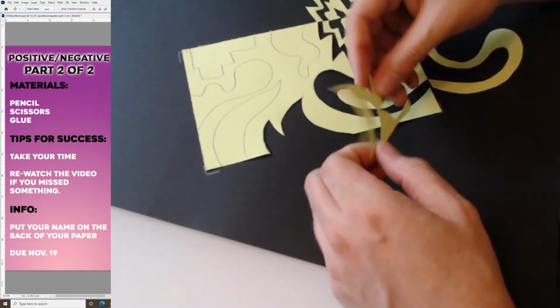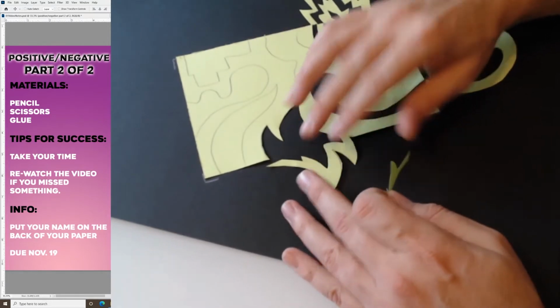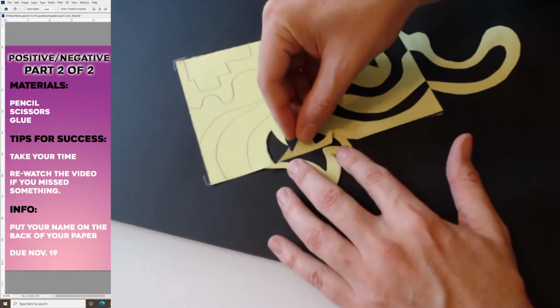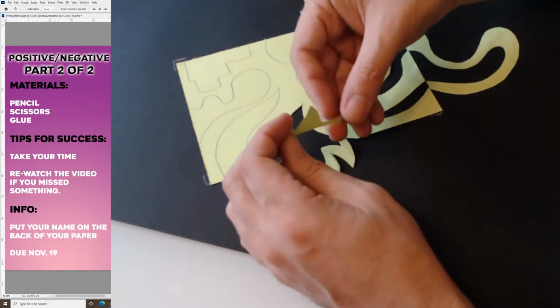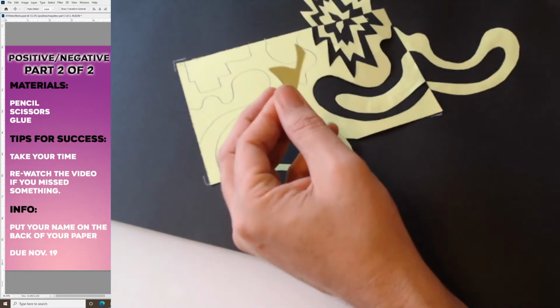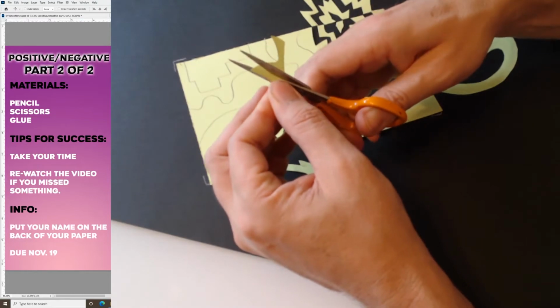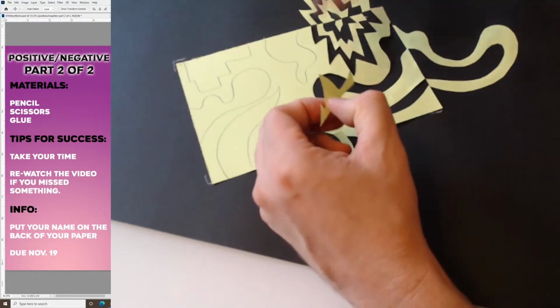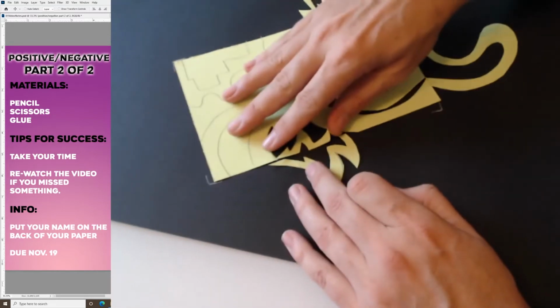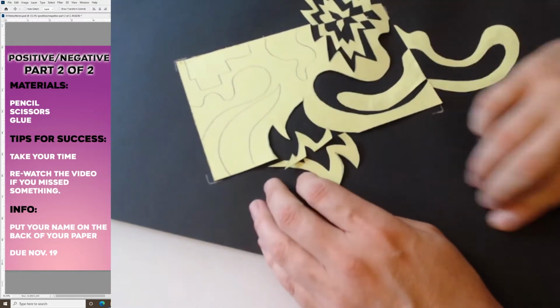Okay, so here we go. So I flip this over, and then this is going to flip over, and then I think I can get, let's see, is that right? Yep. I'm going to get one more little shape in there. I'm just going to cut it out. I'm just going to get out a little triangle. Okay. So then I will be able to flip this little piece back